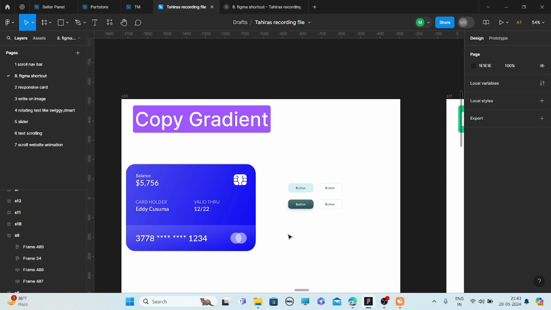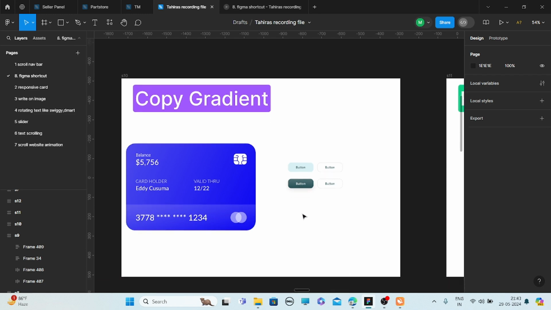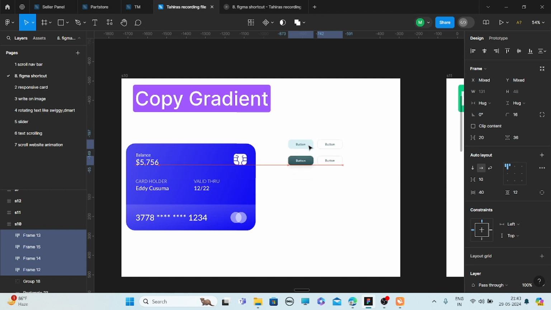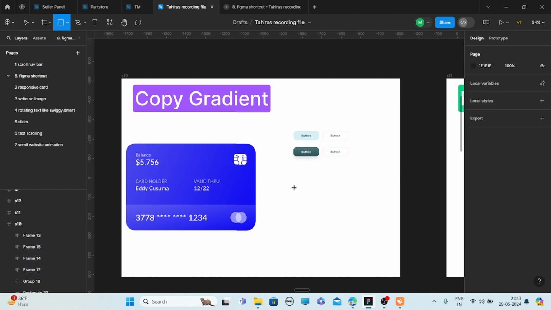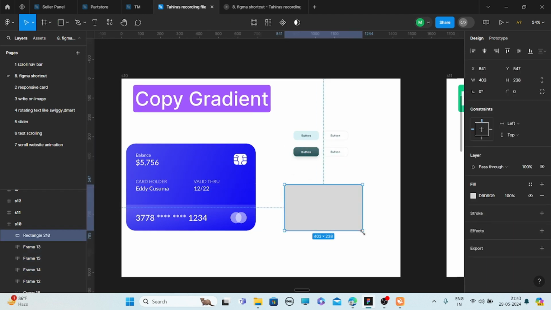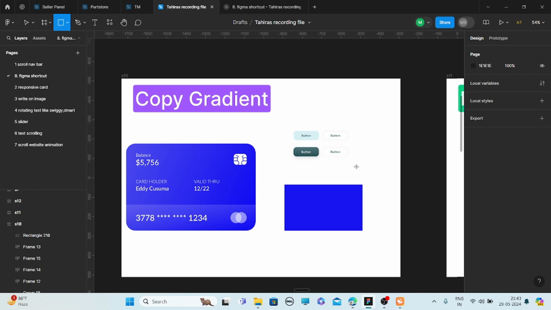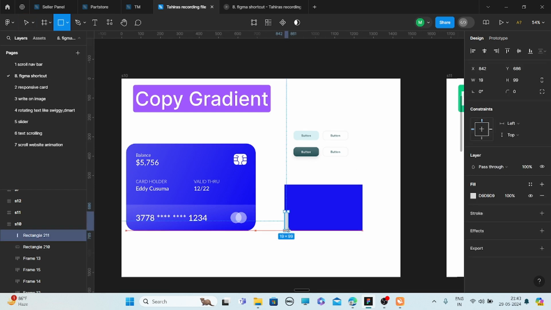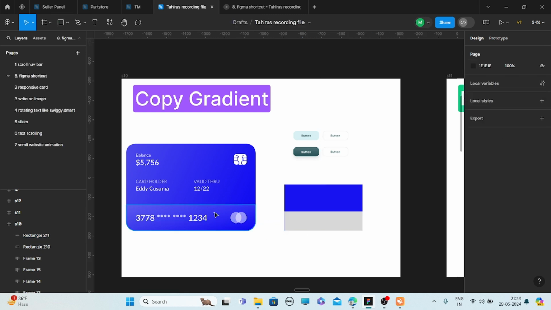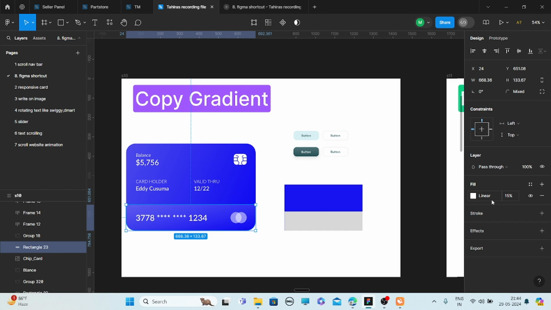Now if you want to copy a gradient, you can do it. First let me make a rectangle here and give a fill color by pressing I on the keyboard. Now I make another rectangle here, and I want to give this property to this rectangle.